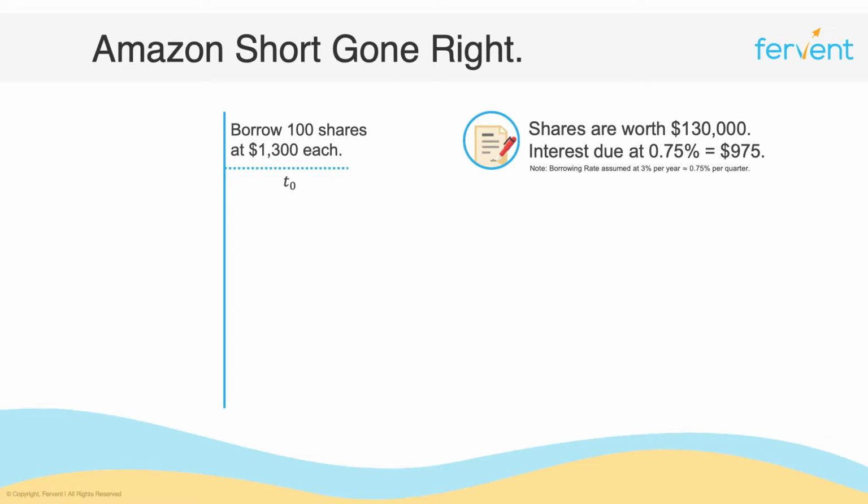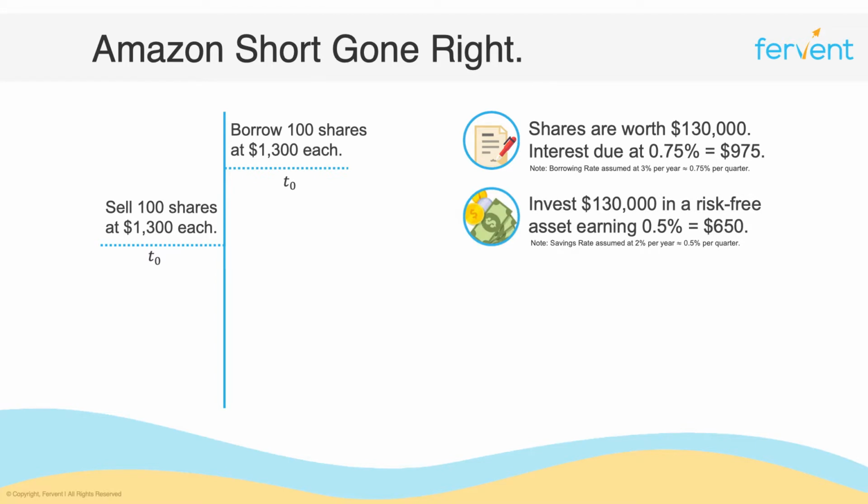Then what we're saying is, as soon as we've borrowed these shares, we're going to sell them in the open market and invest the proceeds in a risk-free asset earning some interest. So we're assuming you're going to earn 2% interest, and 2% annual interest works out to about 0.5% interest quarterly. So we're going to take the $130,000 that we got from selling the shares, and we're going to invest it in a risk-free security or a government bond that's going to pay us 0.5% interest at the end of